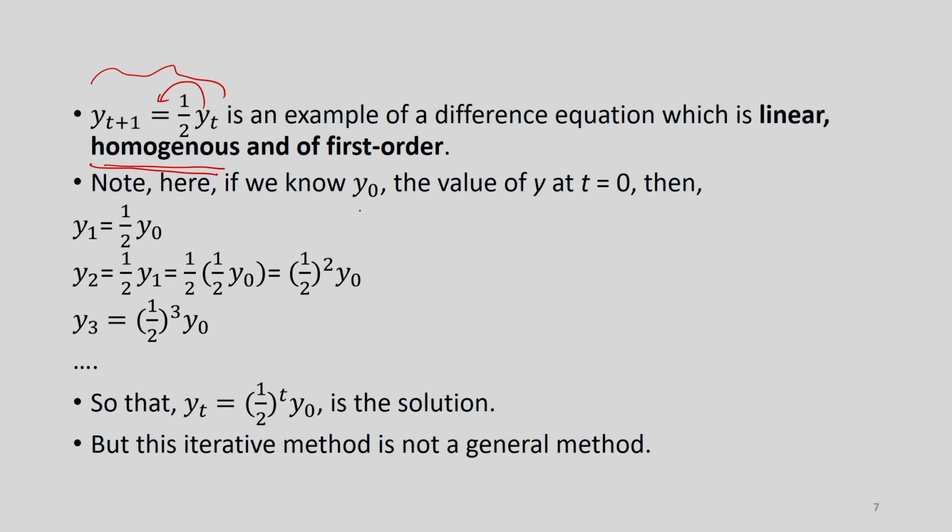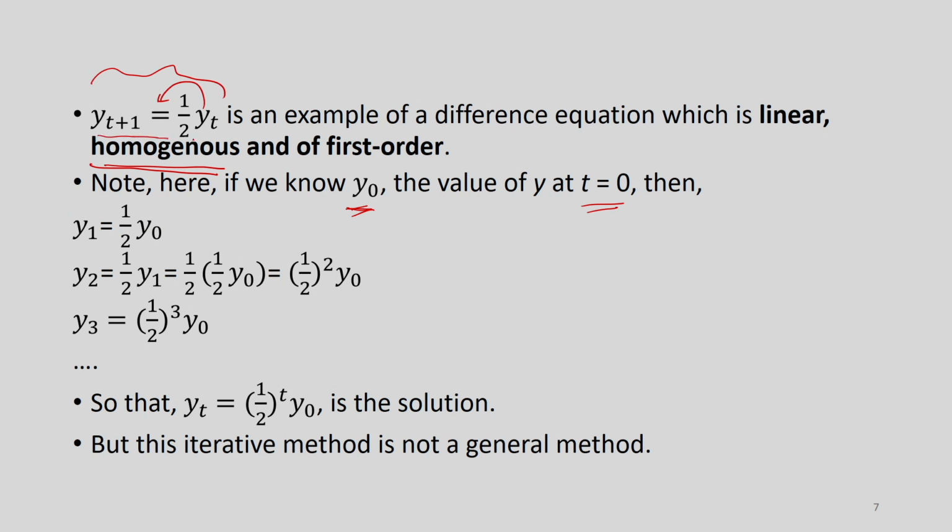Here suppose we know y 0. What is y 0? y 0 is the value of this variable when time is 0. What is the speciality about time being 0? Time 0 is the point of origin from which everything is starting. Then it could be t 1, 2, like that. Time cannot be negative. So, t 0 is the point of origin. If I know the value of y at that point of time, suppose it is y 0, then actually I can do the following.